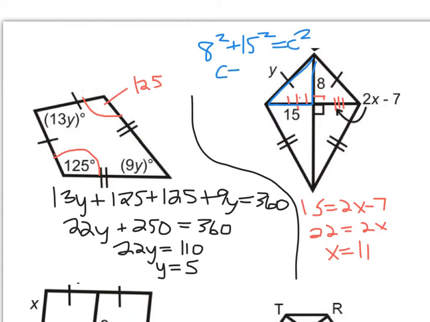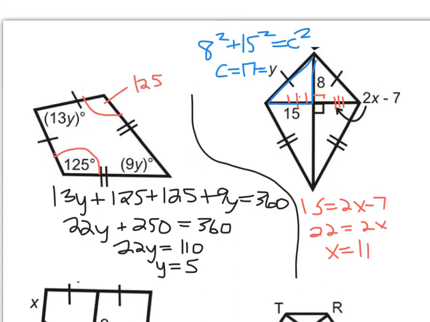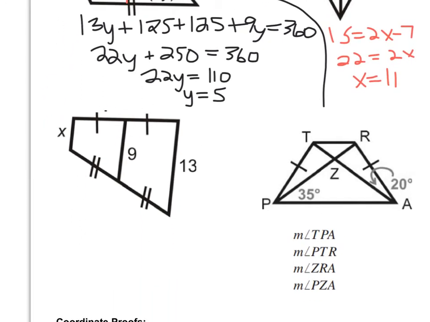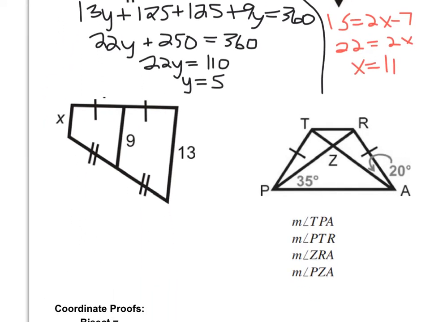So c equals 17, aka y equals 17. We looked at a bunch of stuff with trapezoids. So remember, a trapezoid means you have one pair of parallel sides. And I'm going to do the problem on the right first. This is specifically an isosceles trapezoid. So in an isosceles trapezoid, that means that you have a pair of sides, the non-parallel sides, which are congruent